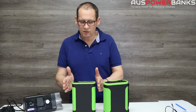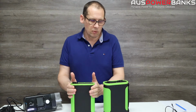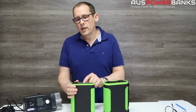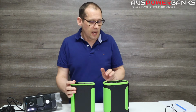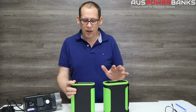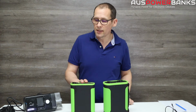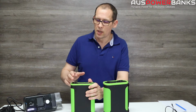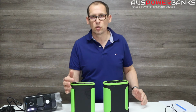And what I mean by that is, for example, this is a 48,000 milliamp power bank that we've got here. This is a 96, so this is double the size. The watt hour rating capacity on this is about 150 something watt hours. This one is double. It's over 300. So to figure out how long your CPAP machine is going to run from one of these power banks, first you have to make sure it's got the 12 volt charging source. But once you find out your watt hour rating, and it's easy to do, you simply go onto Google and just look up